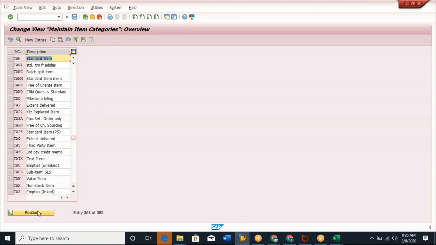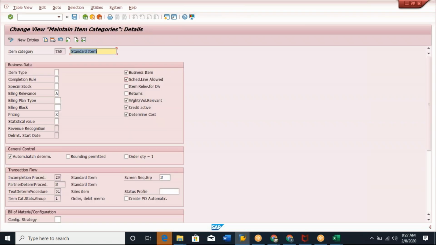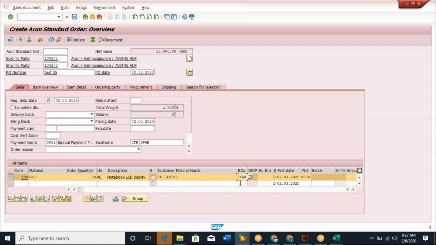Okay, TAN, that is standard item. Now, if you go and see, you can see all the control settings for this item category. That means it has some control settings. What does it mean? Whenever the sales order determines TAN,